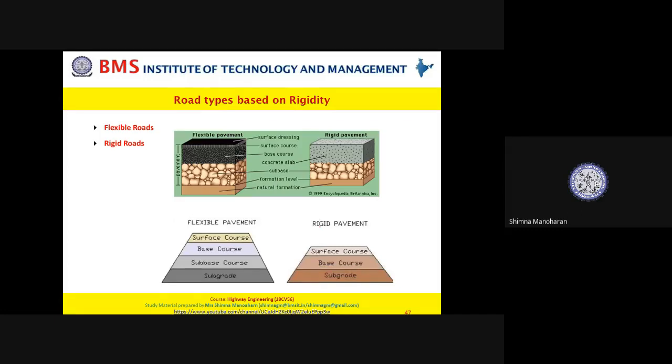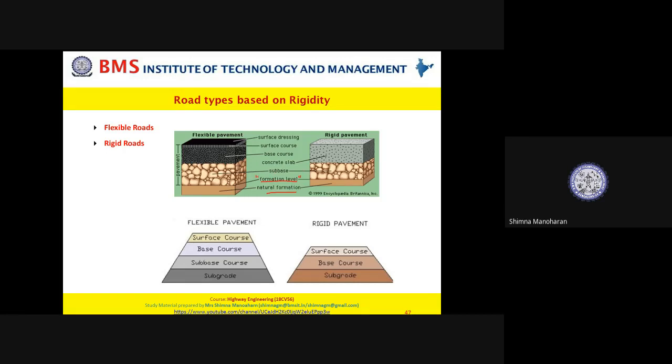Okay. Whereas in a rigid pavement, you have the subgrade, base course, and then directly you have the surface course. So if you look at the materials that are being used here, the subgrade, you have the natural level. From the natural level, I think you have studied in surveying how to get the formation level, right? You have done numericals on area computation and volume computation. So from this, you know how to get the formation level.